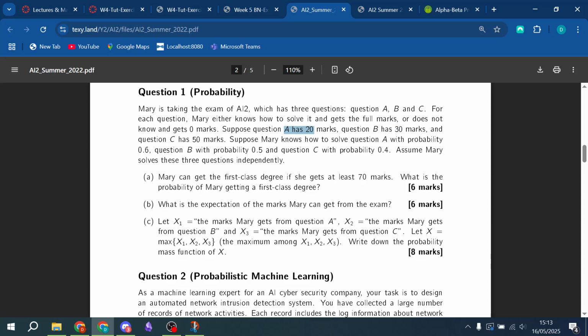So the only case where X will be 20 is where we get question A right and nothing else right, which is basically the probability of getting A right times the probability of getting this wrong and then this wrong. So it would be 0.6 times 0.5 times 0.6, so 1 minus the probability of getting it right,